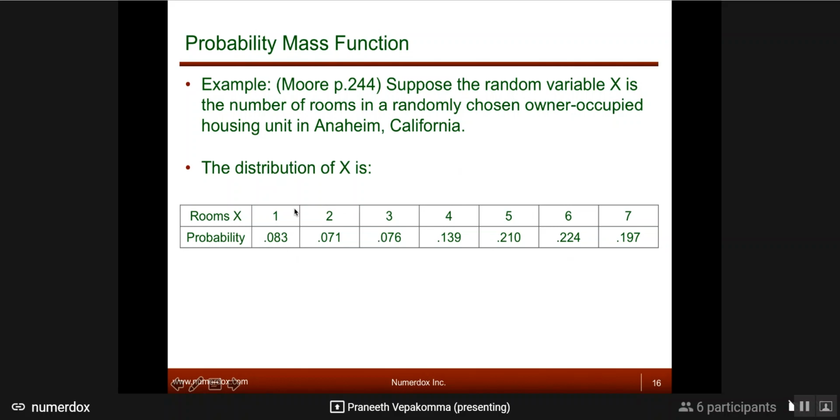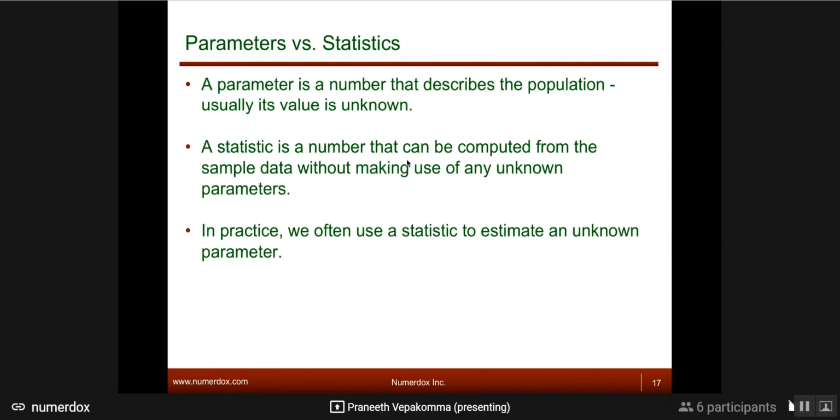But you're trying to, based on those probabilities and based on what you've seen for each number and how much probability you got within your sample, estimate the average number of rooms. It may be close to your average if your sample is big enough and if your sampling process was correct. If you only sample from one pocket of Anaheim, then maybe your probability is skewed, or your answer is very far from the truth. Maybe it's correct, right? So all those things go into it.